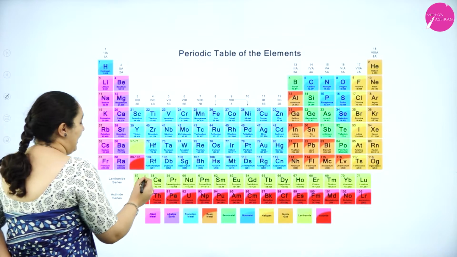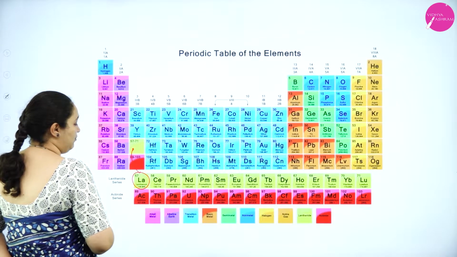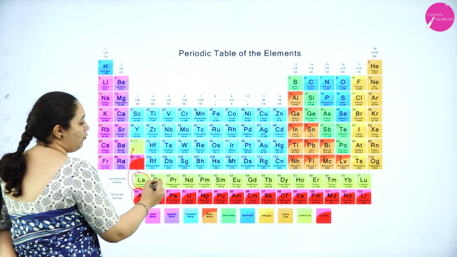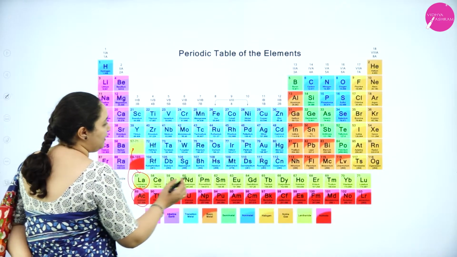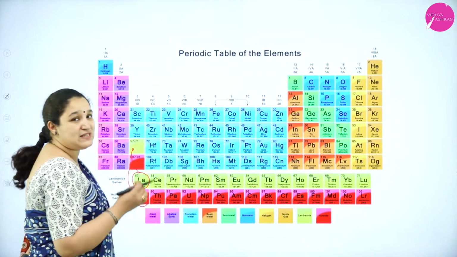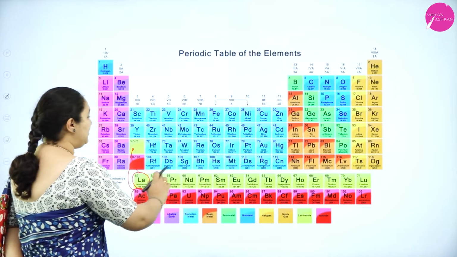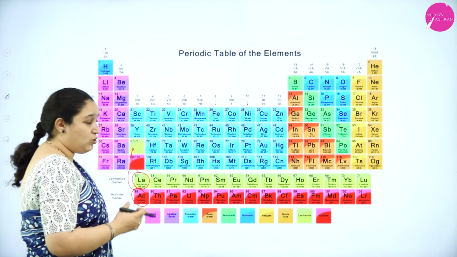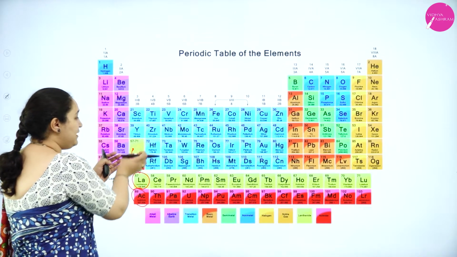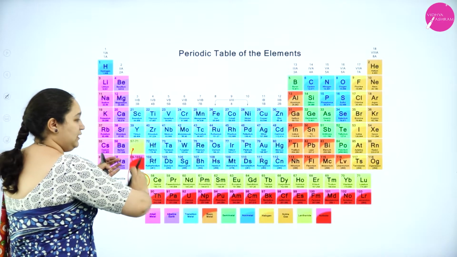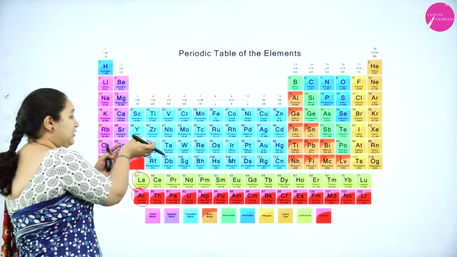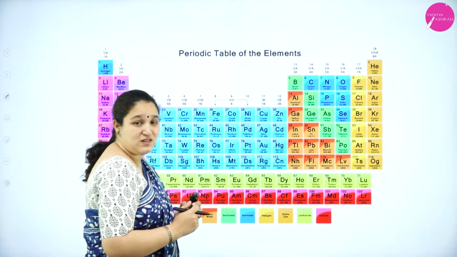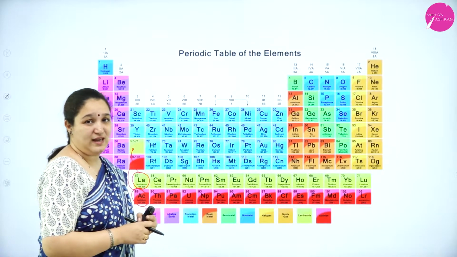So, we have lanthanum 57 which belongs to D block and actinium which belongs to D block. Now, after lanthanum, you have 14 elements, from 58 to 71. We call them lanthanoids. After 71, you can see 72, 73, 74, it is continuing again in D block elements, isn't it? So you are pulling out 14 elements from within the D block elements, and they are separated out and kept as F block elements. That's the reason it is called inner transition elements.